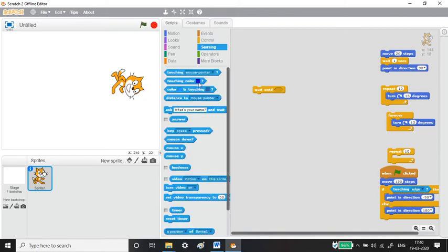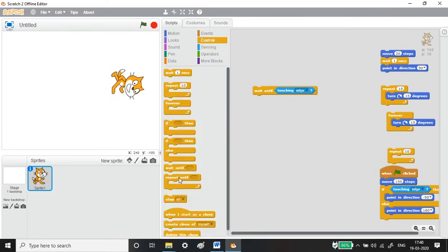Similarly, you can go and click on any blocks from sensing and place it here. So you can say wait until mouse pointer is touched, or wait until the sprite touches the edge. So this can be done. This is called the wait until block.